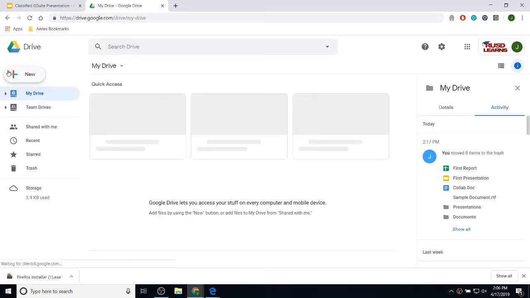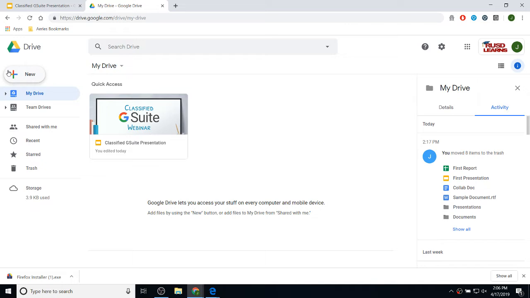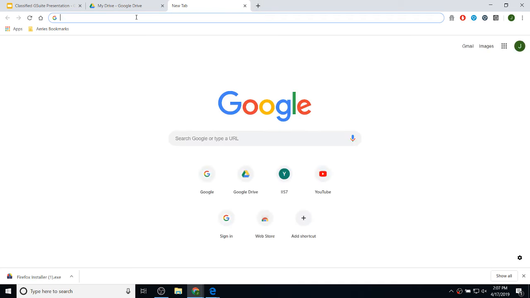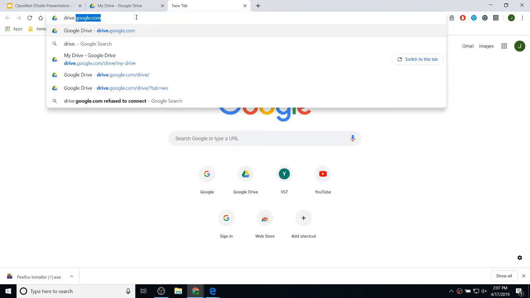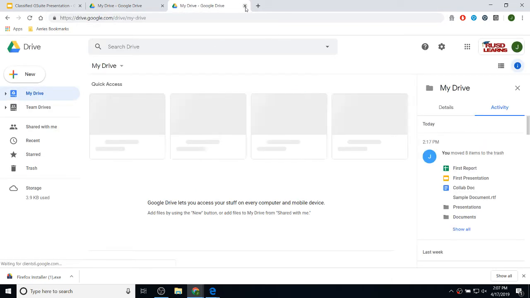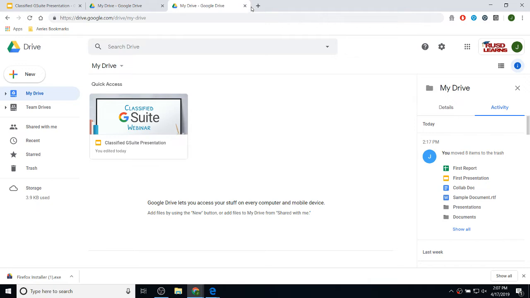That's pretty much the easiest way to get to Google Drive. Another way that you can get to Google Drive is, let's say you're already signed in, and if you're a person who likes to type a lot, you can always type in drive.google.com. Okay, so